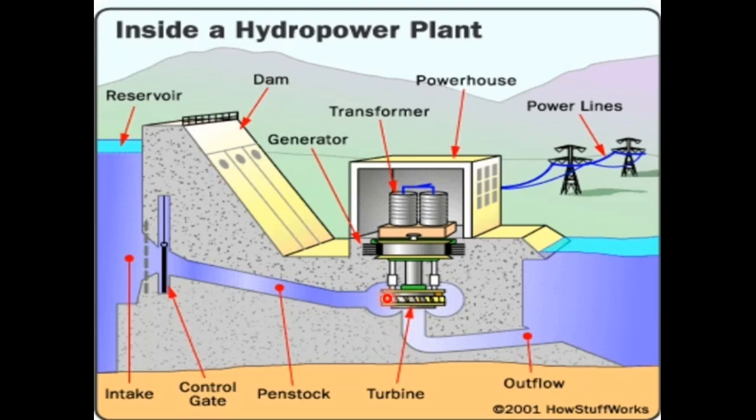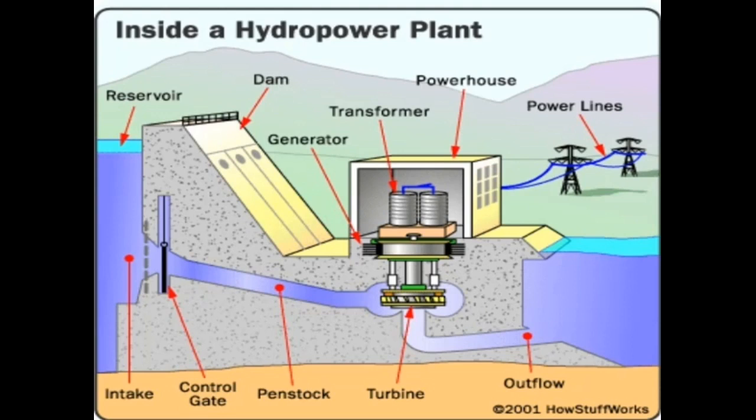When the jet of water impacts, the turbine rotates, and the shaft attached to the turbine also rotates. Here a generator arrangement is provided, and this shaft rotates inside the generator. The generator setup we will see in the next slide. When this shaft rotates, electricity is formed. This electricity is stored at a transformer, and from the transformer it is supplied to the community by power lines.